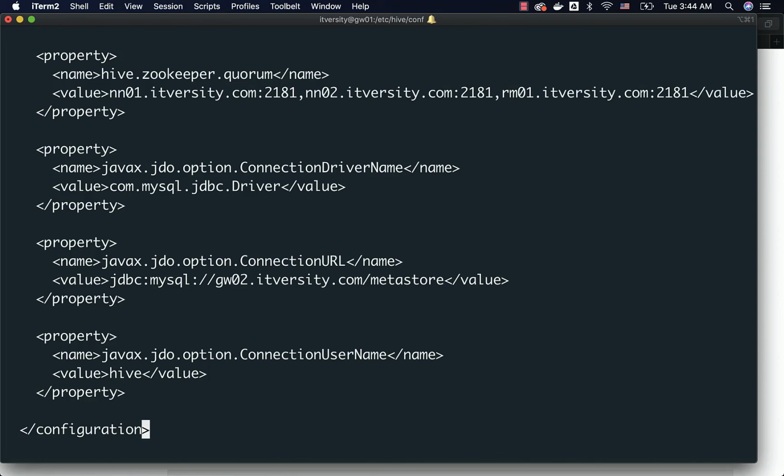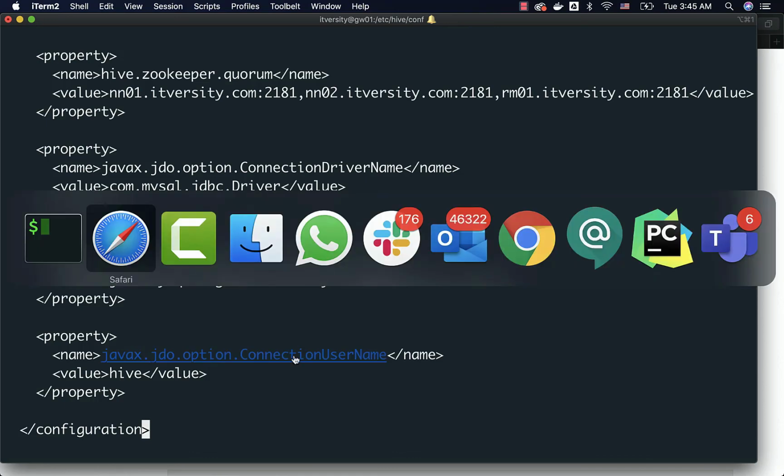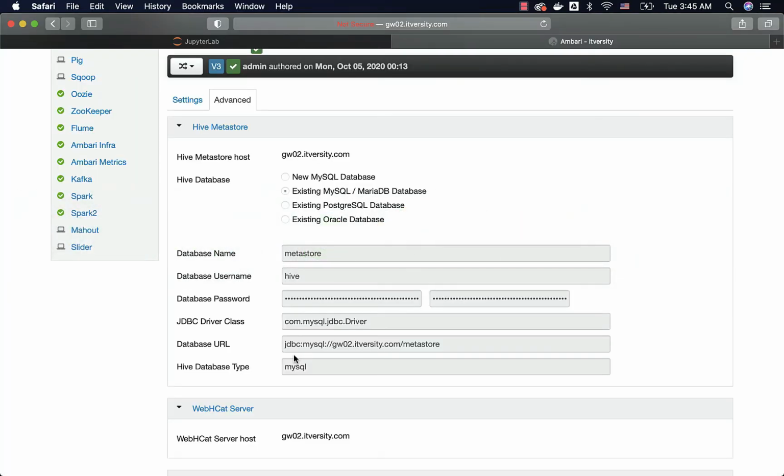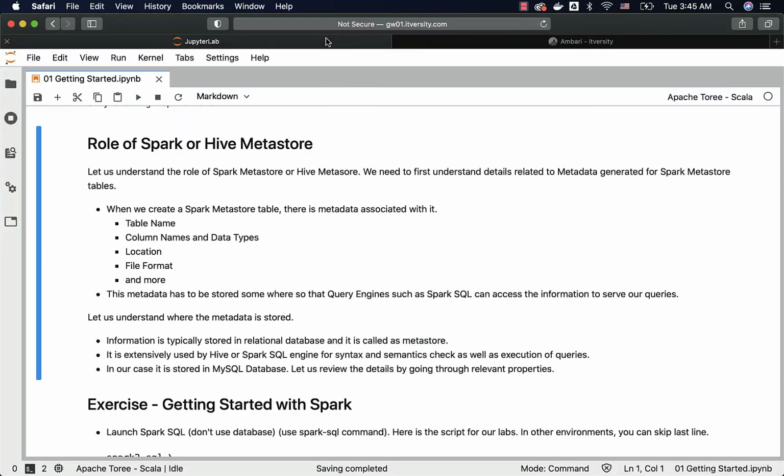So this is how you can review the properties related to metastore so that you get an idea. If you have access to the database, you can connect to the MySQL database or Postgres database using which the metastore is set up, and you should actually go to the data model also. We don't need to get into such level of details at this time, and hence I am passing it on. For now, just remember that a metastore is nothing but a database set up using traditional RDBMS, and it contains metadata that is generated when we create tables, add columns, add partitions, and so forth.